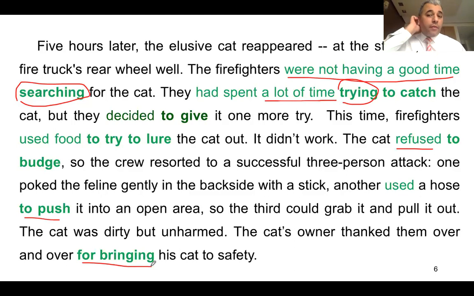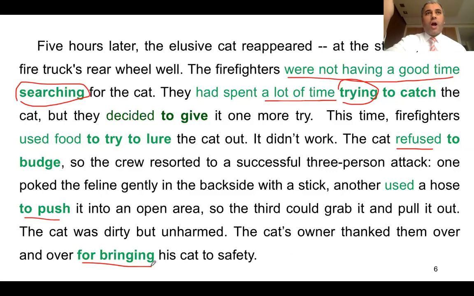Now here we have, again, a continuation of some of what we have been talking about with regard to gerunds. And in this paragraph, we have some expressions that can be followed by gerunds. There are some expressions that can be followed by gerunds, and there are expressions that can be followed by infinitives. Now, what I need to tell you here is that in your textbook, chapters 14 and 15 are full of these